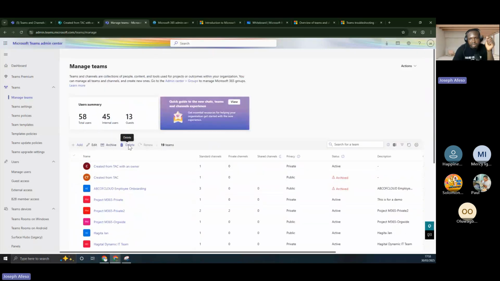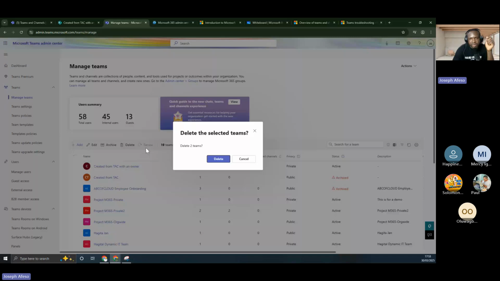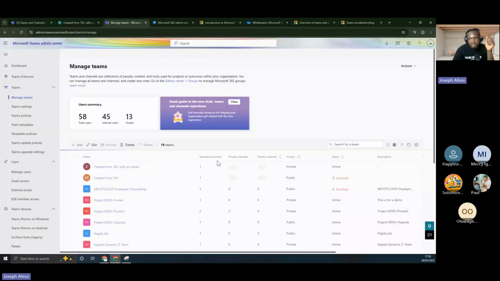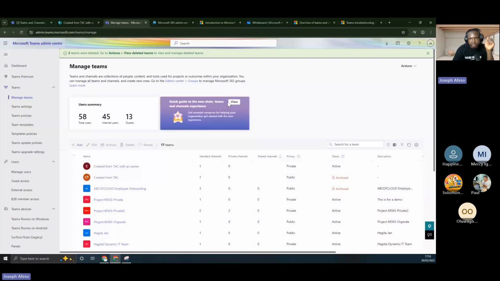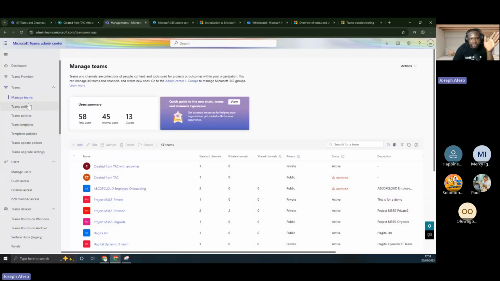So you can delete them. If you delete, then it's going to be under deleted groups in your M365. Two teams were deleted, go to actions. So this is how you can delete teams.